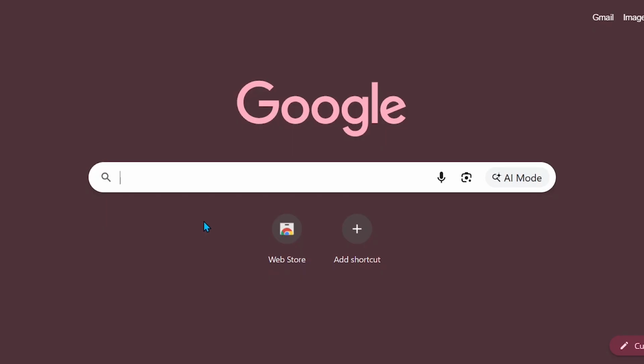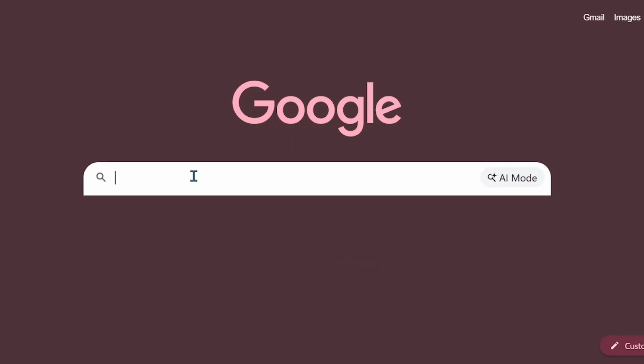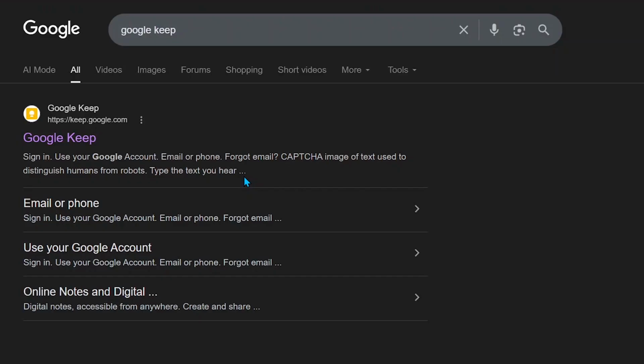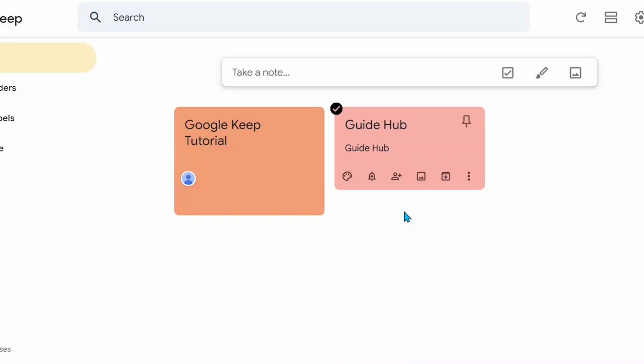After the browser launches, click on the address bar at the top, type Google Keep, and press Enter on your keyboard to begin the search. From the search results page, find and click on the official Google Keep website to make sure you are accessing the correct platform. Once the website loads completely, the Google Keep dashboard will appear on your screen, displaying your saved